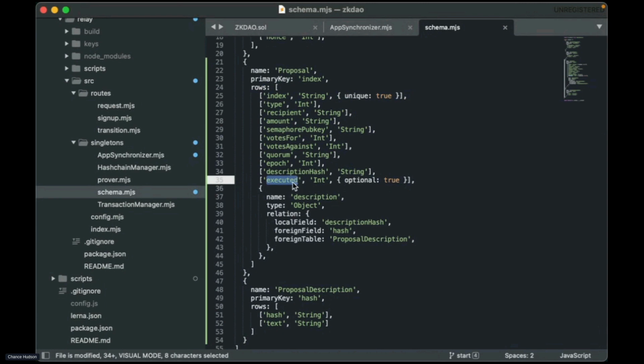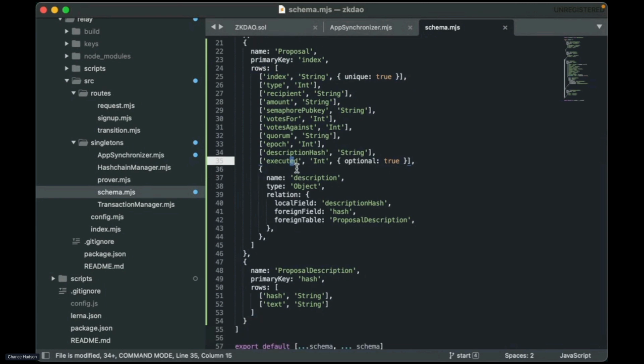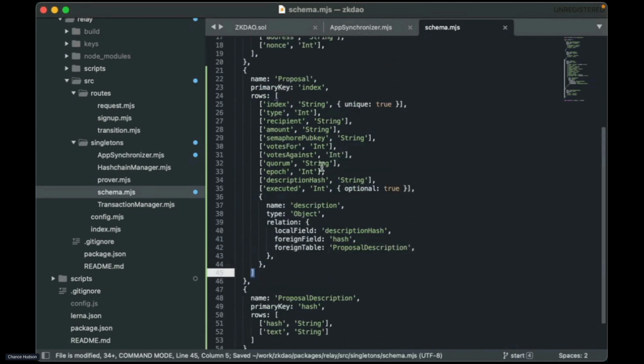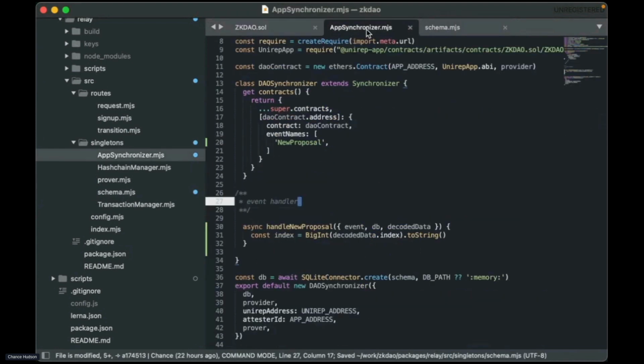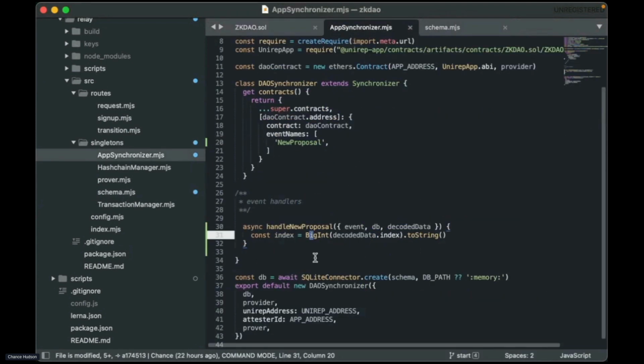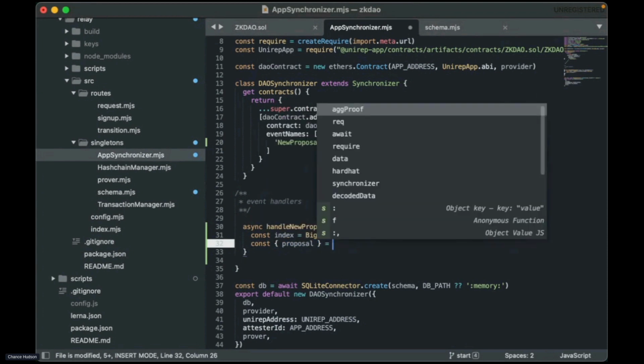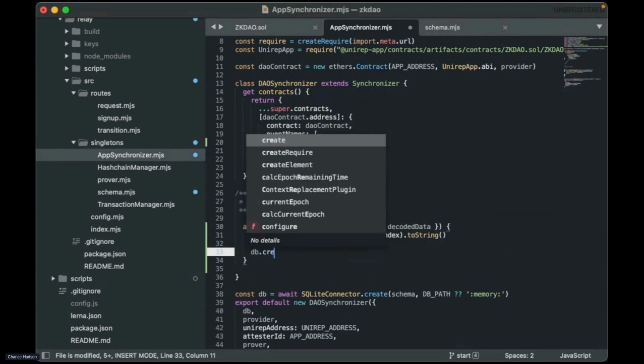And then we also have this executed variable, which is, if it exists and it's a value 1, then the proposal has been executed, otherwise it hasn't been executed. And then we have a description variable, which is stored here separately. So with this in mind, let's go ahead and write the logic for handling this event. So we'll decode the proposal out of this, and then we'll do db.create.